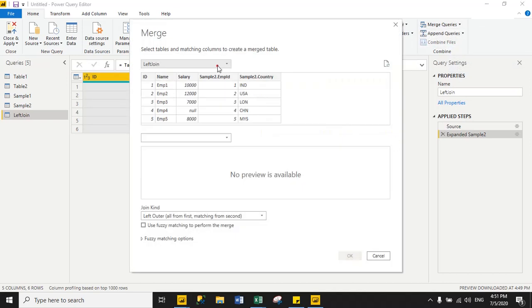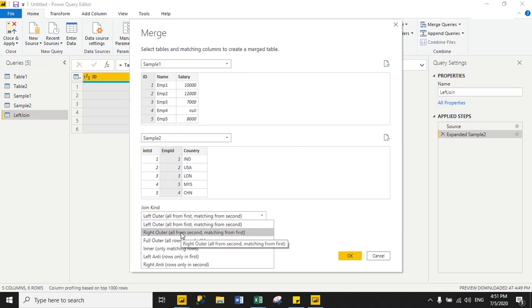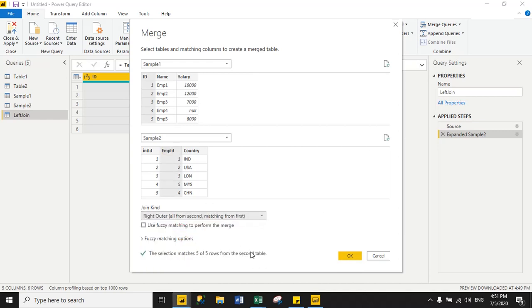Here I want to merge the sample1 table with sample2, on the basis of id from sample1 and employee id from sample2. Here I will select right outer join, and if you see, the selection matches 5 of 5 rows from the second table.